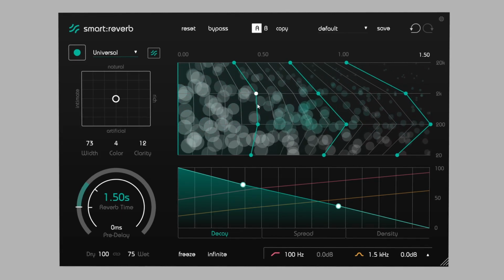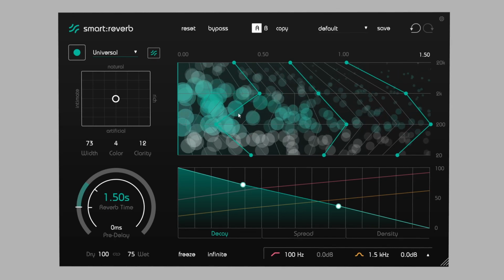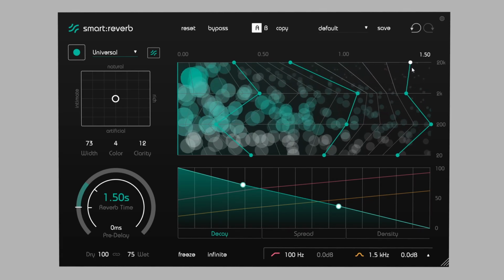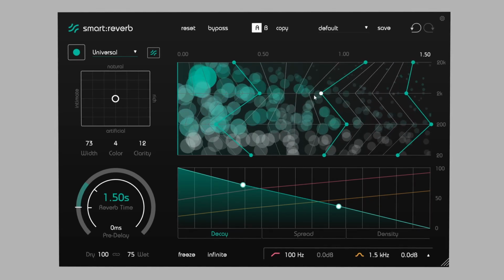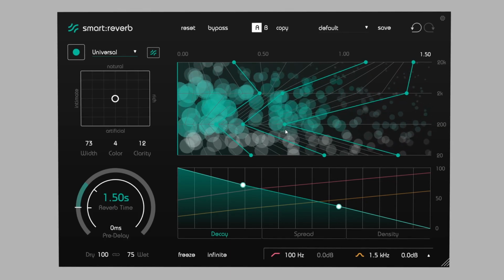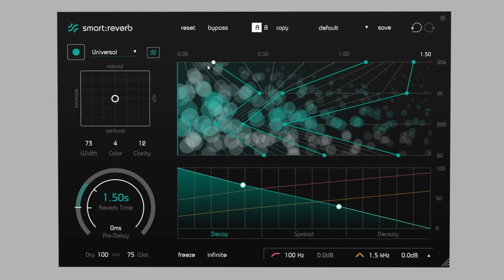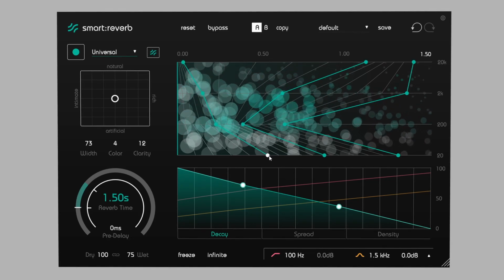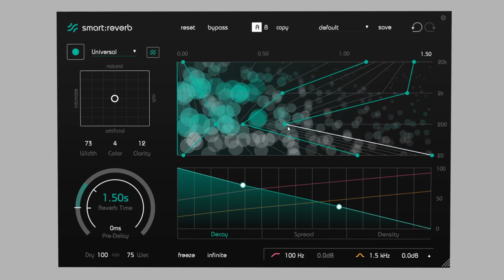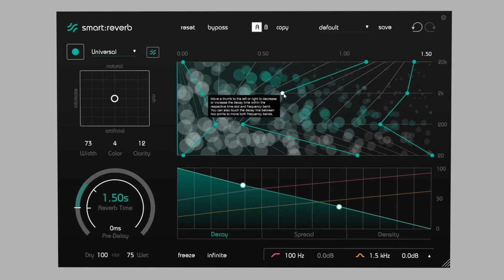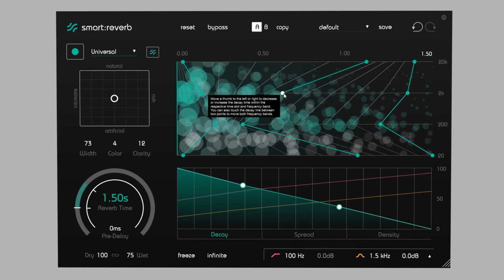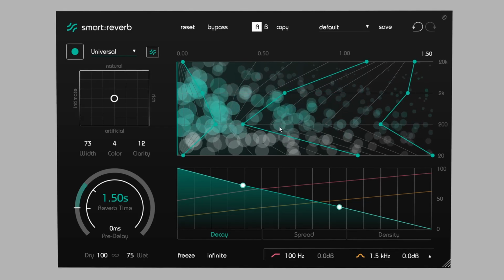All these little vertical lines that look like a grid are known as the spectral shaper grid, and what this allows us to do is to adjust the decay of those particles within those frequency bands. So if I wanted to shorten the decay of the reverb particles in the low frequency band here, I can do so, and then it can gradually lengthen over time. So you can get some very interesting results with this. And from a sound design point of view, it opens up a lot of doors, especially when you get down below into the temporal shaper where things can start to get very